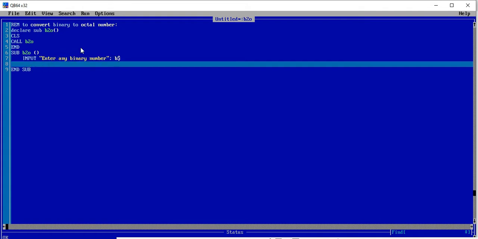Here we enter the number, and let's extract all the bits of the binary number. For extracting all the bits we have to use the looping concept.